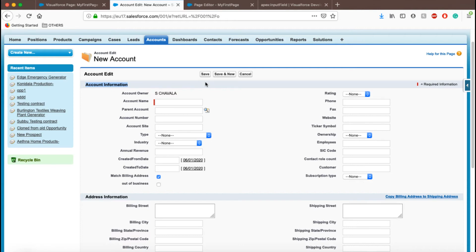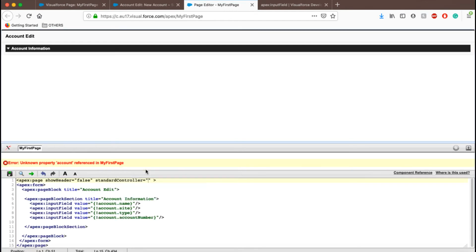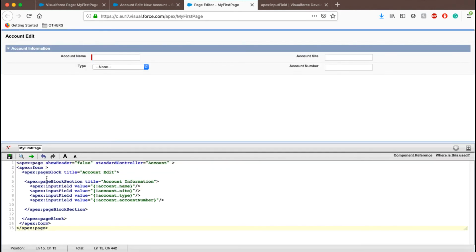So for that we simply use something called standard controller equal to account. Just write standard controller equal to account. Control S. Now you can see there is no error. How is it helping me now?